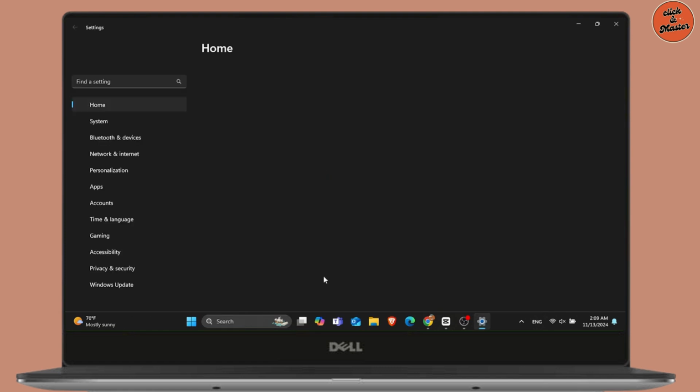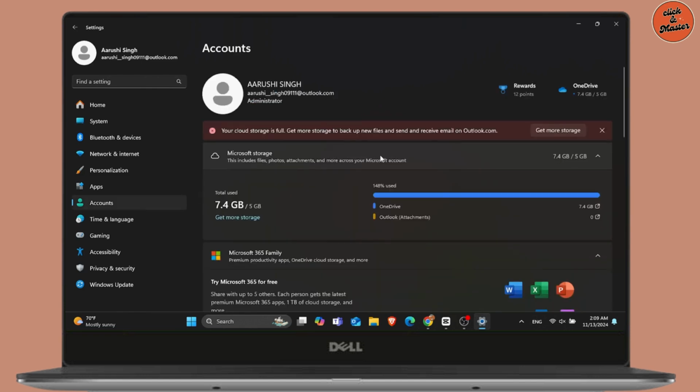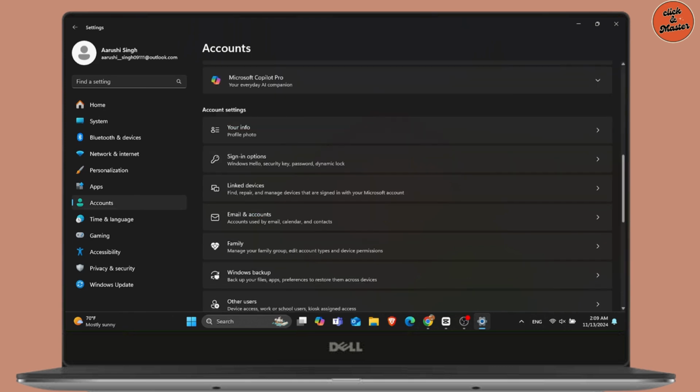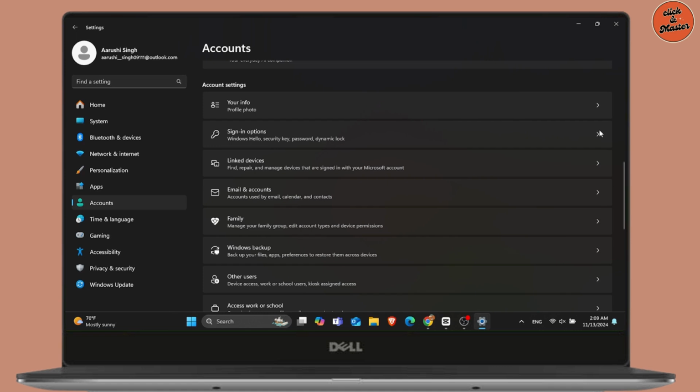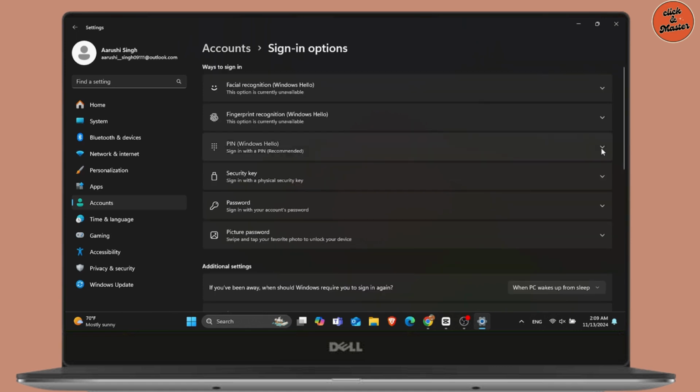Once you arrive in settings, in order to turn off the password feature, simply go to Accounts from the left hand side menu. Once you land on the Accounts page, scroll below and on that page you will see the option of Sign-in. Simply click on the drop down menu beside it and then you will come to a page with the